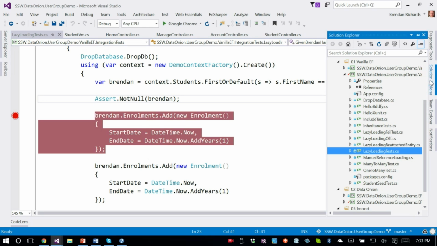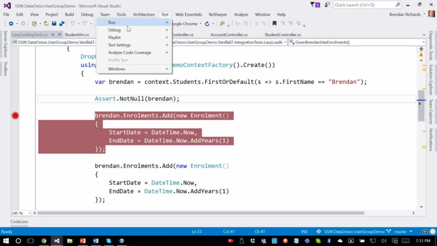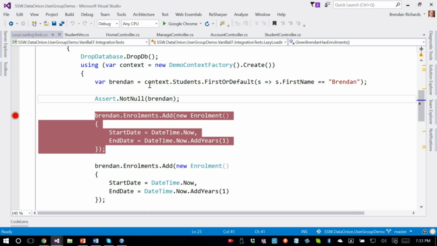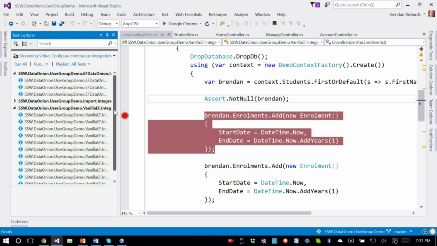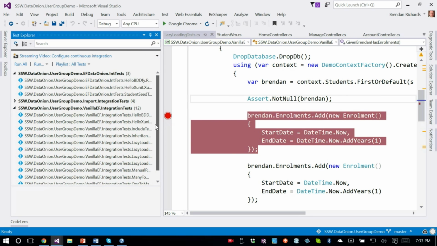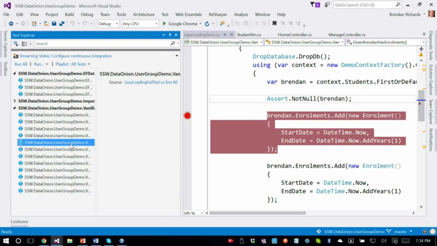Bring up Solution Explorer, jumping up test. Is that the right one? I think that's the right one.